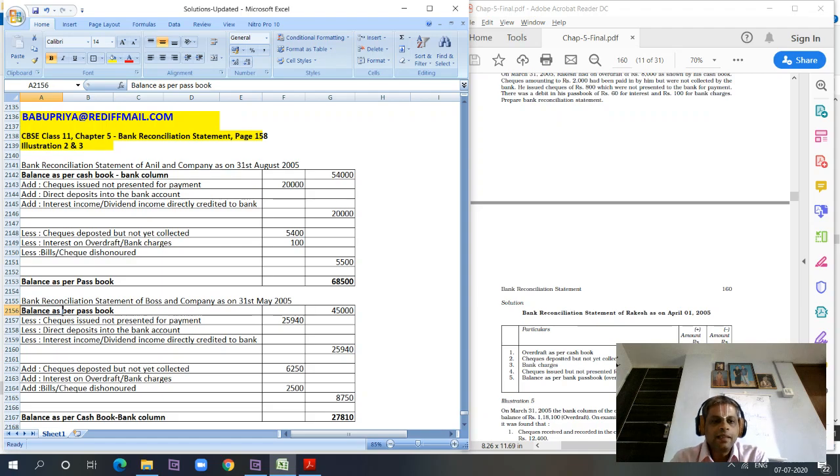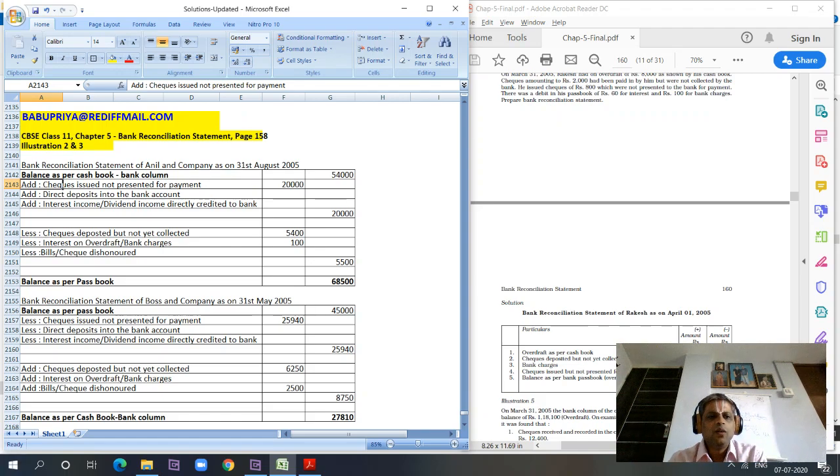Checks issued not presented: because we are arriving at the cash book balance, and the cash book balance has already come down, we have to deduct this. Whatever we add when we start from cash book to bank passbook, we have to pass in reversal. So we have to understand it in the reverse order when we start from passbook to cash book. Now, what will happen when there is an overdraft balance or an unfavorable balance? Again, the concept is still the same. There is no change in the accounting concept or in the ways of working.